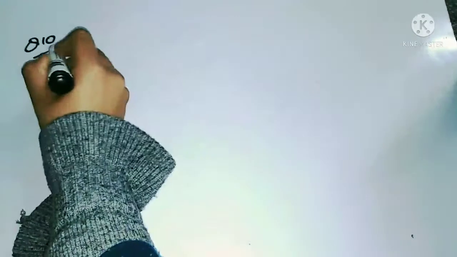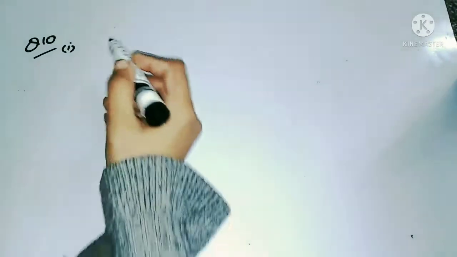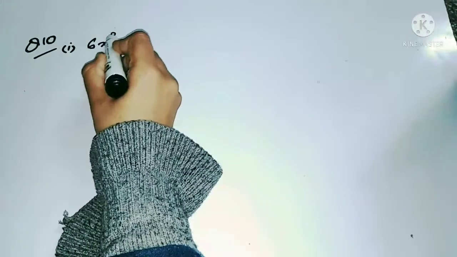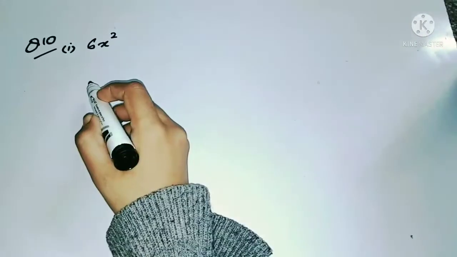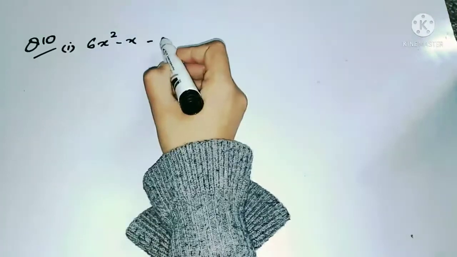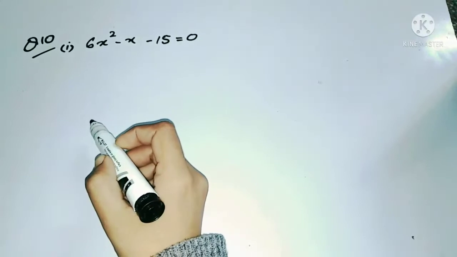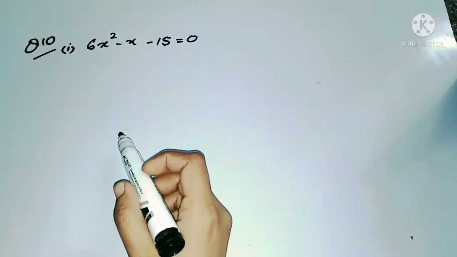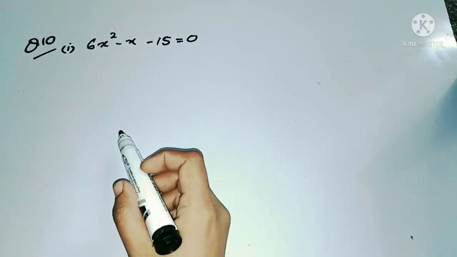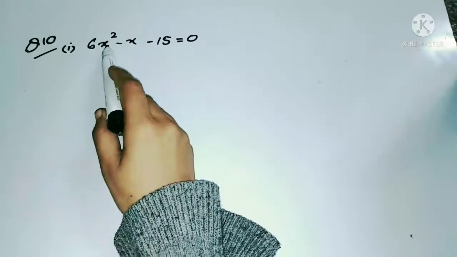Part 1 is 6x squared minus x minus 15 and it is equal to 0. So students, here you can see that 6x squared minus x minus 15. Again, we are having, you can see that it's a quadratic equation because the first term is with the variable